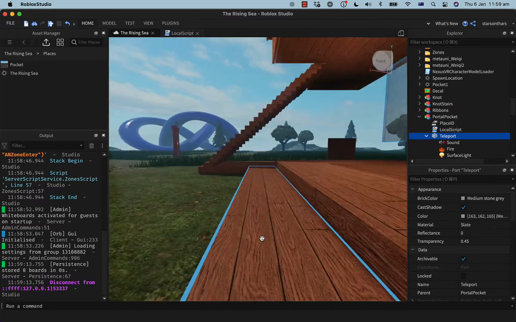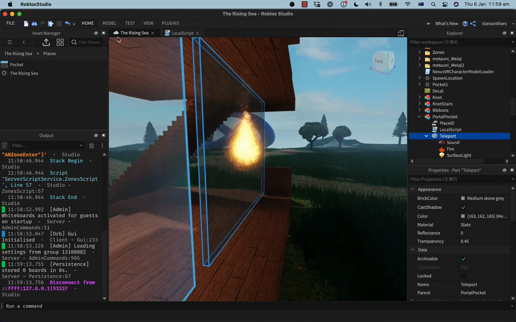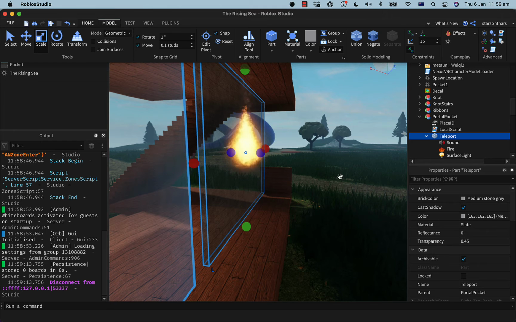I think it's just that the touched event is not working properly on the client or something.